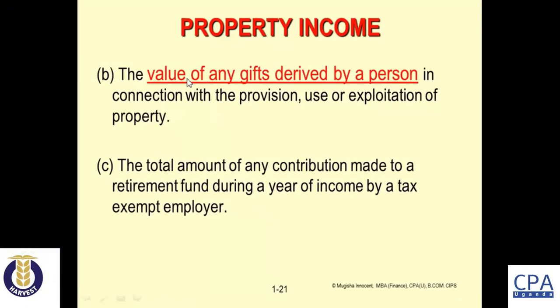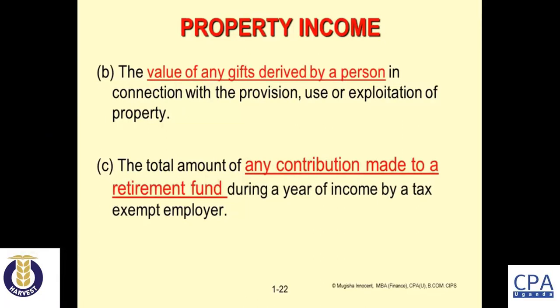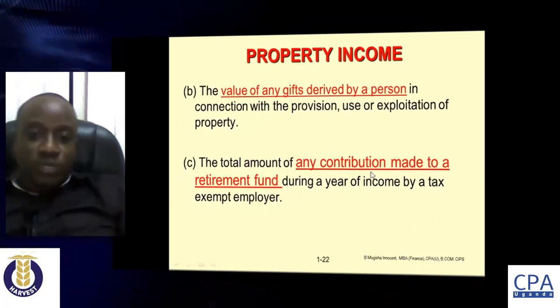Subsection 1, part C of our Income Tax Act brings in another very special definition of property income, and it says that property income is the total amount of any contribution made to a retirement fund during the year of income by a tax-exempt employer. So what are we looking at here? We are looking at that contribution, this underlined word here, that has been made